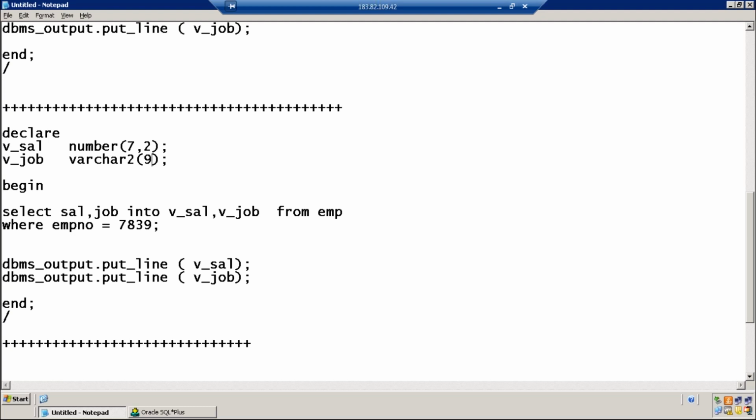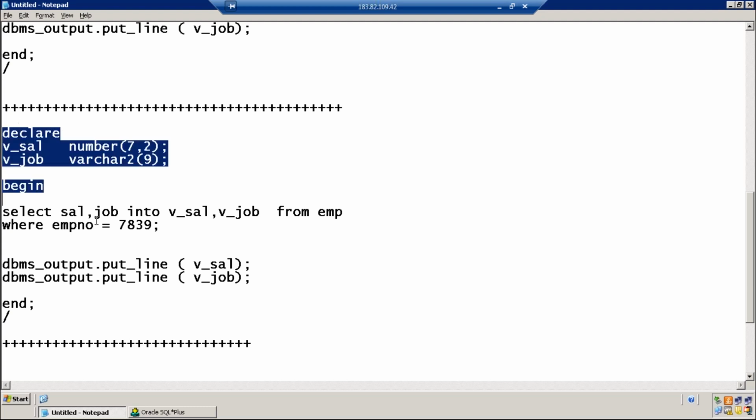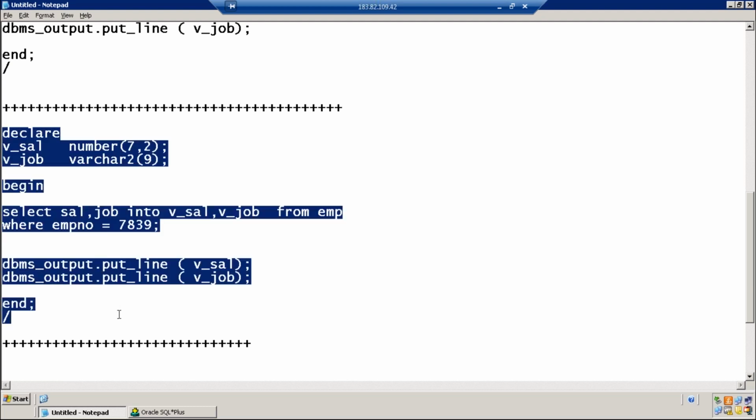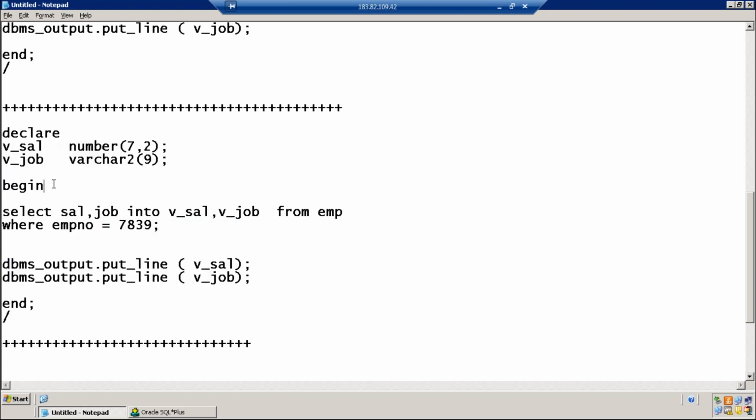Are you understanding? You're writing something, Salim, because it's not synchronizing. Are you at the describe EMP, or we are at the description EMP? No, I am in the notepad file. Yeah, okay. We are at the prompt. Yeah, now, fine. We are in the notepad now.